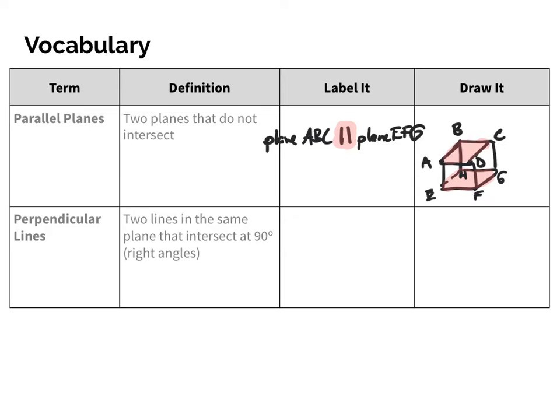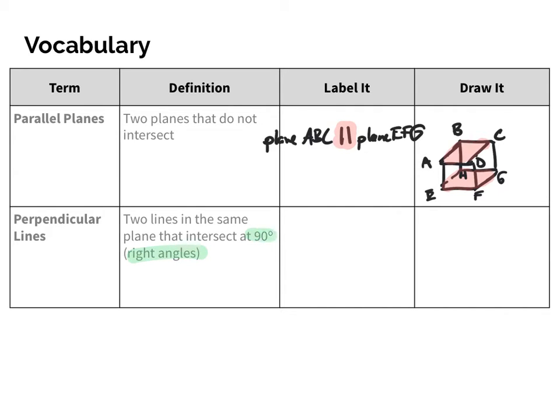Now, within this section, we are going to look at special lines that do intersect, but I do want to bring back a special type of line that we did talk about earlier this year called perpendicular lines. So yes, sometimes lines don't intersect. They're either parallel or skew. But sometimes when lines do intersect, they intersect at special angles. And a perpendicular line is a special type because they intersect at our favorite angle, which is a right angle